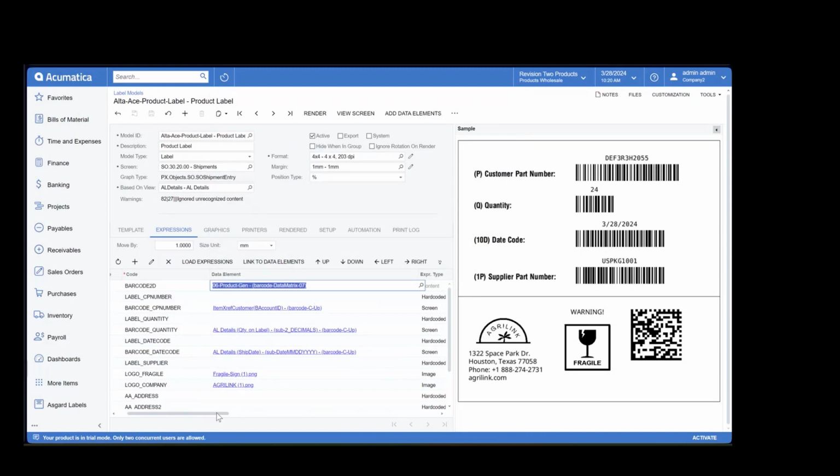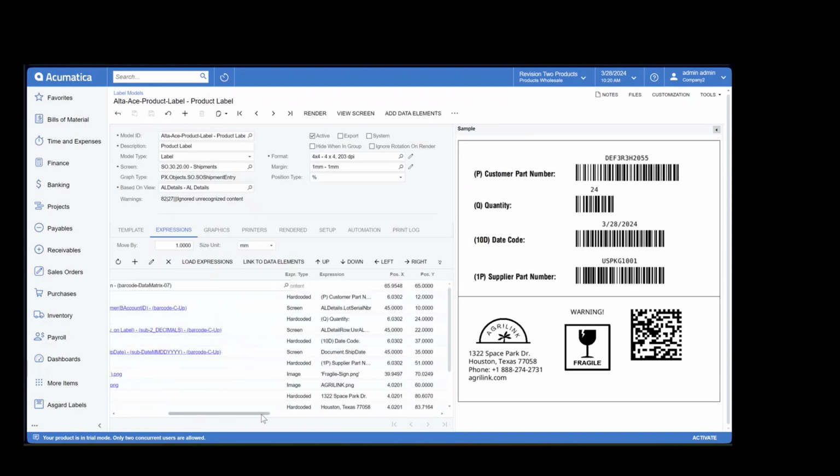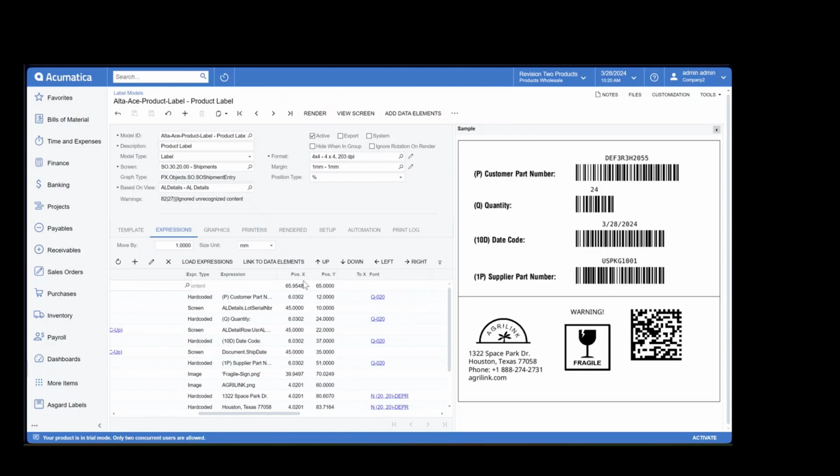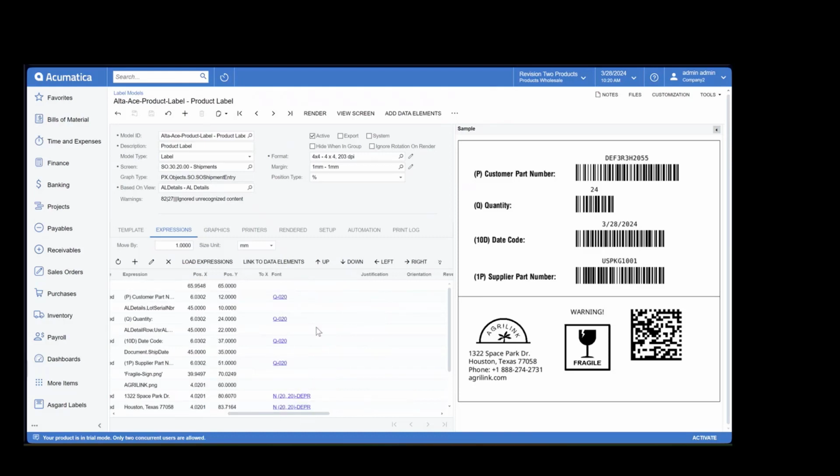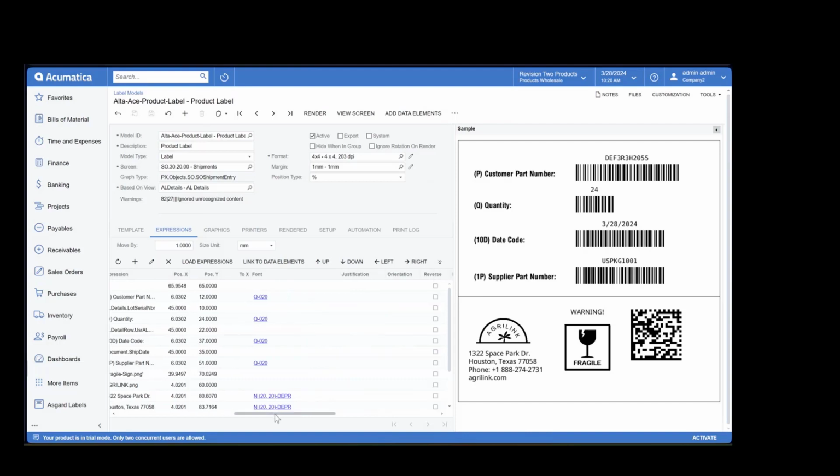Once we have selected the mapping that we wanted for that specific line, we have the positioning. We have the X and Y positioning, X as the horizontal positioning, which is 0 as the left and 100 as the rightmost part. For the Y, we have 0 as the topmost, and 100 as the bottom part of our label. And then we could also select the specific font that we wanted to use for the specific data.